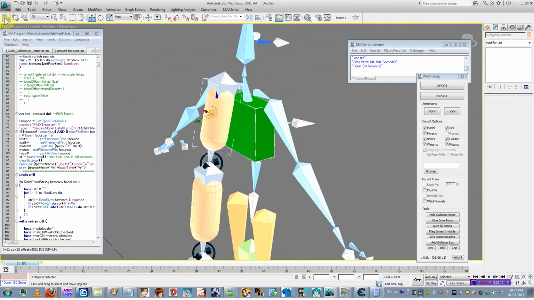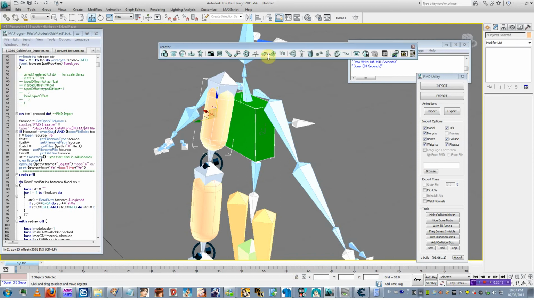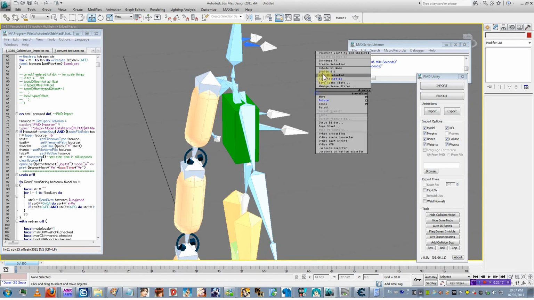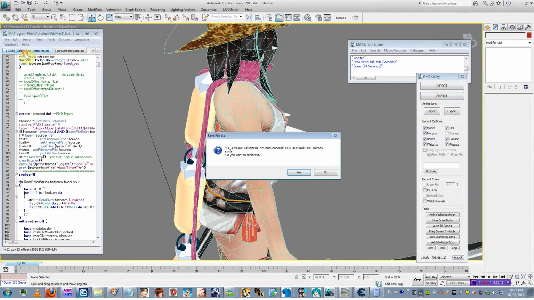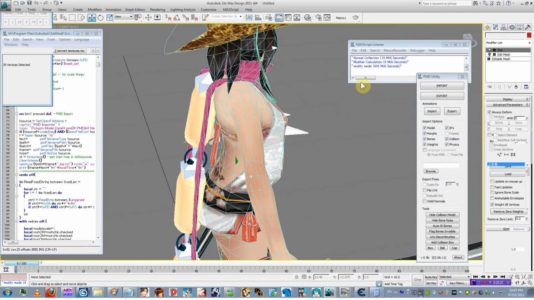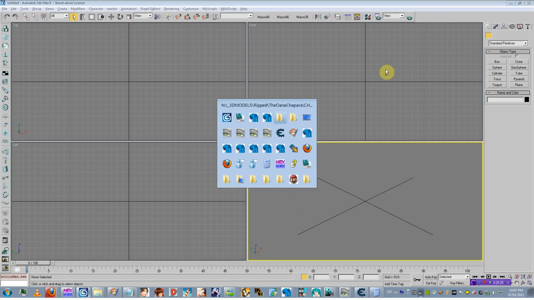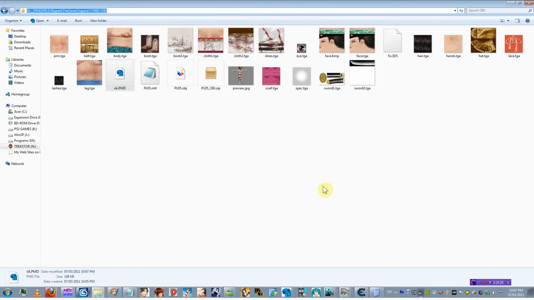Forgot that. Point to point. Poof. Alright, so